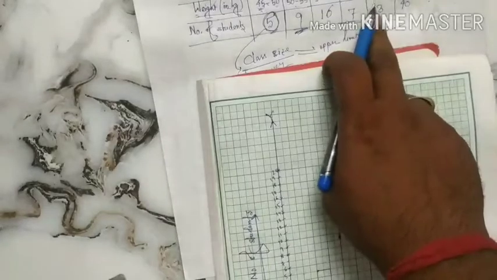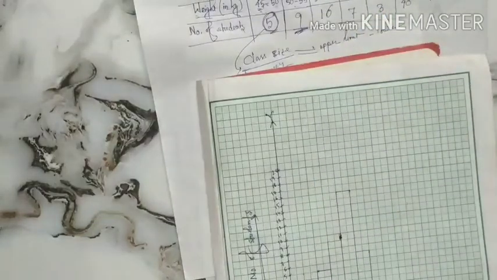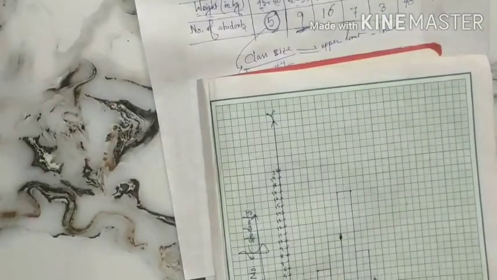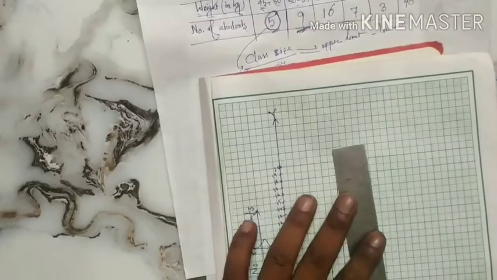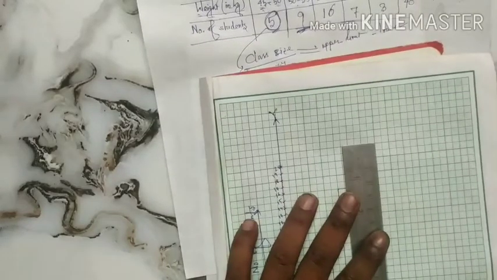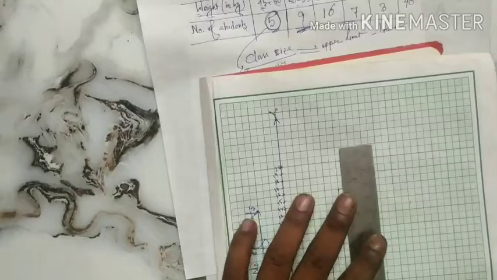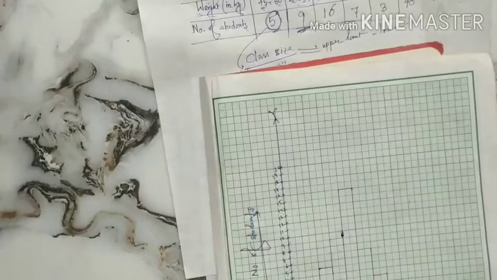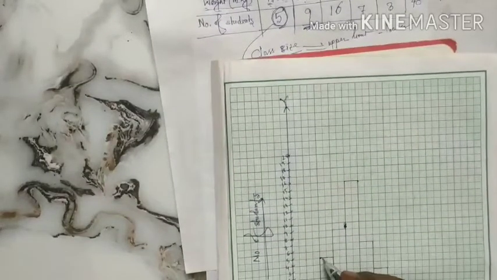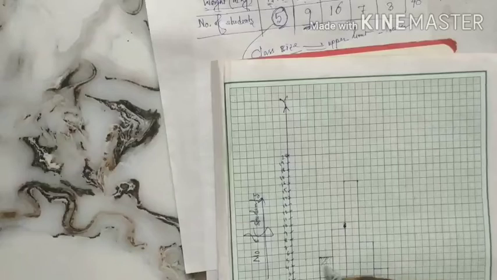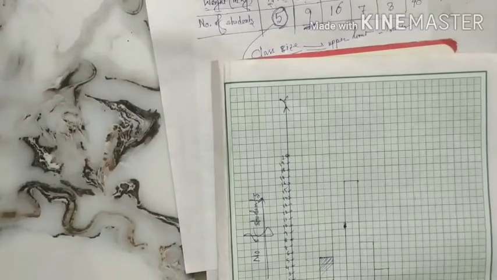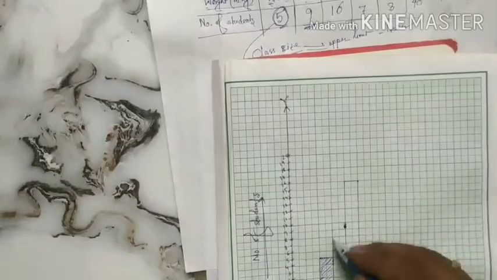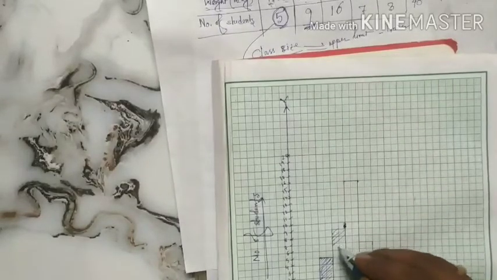And 65 to 70 is 3. 3, that means here. You can shade it with a pencil, or in this way you can,